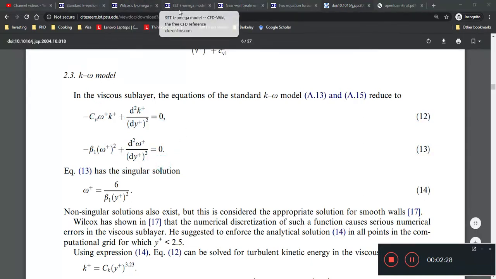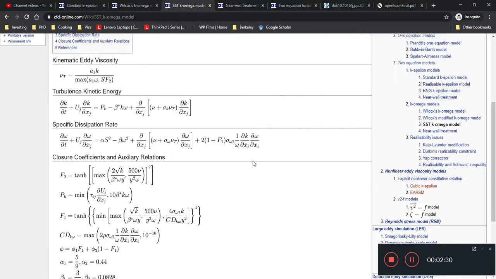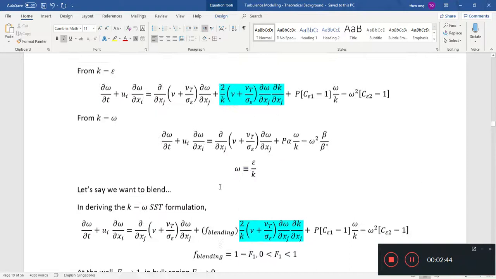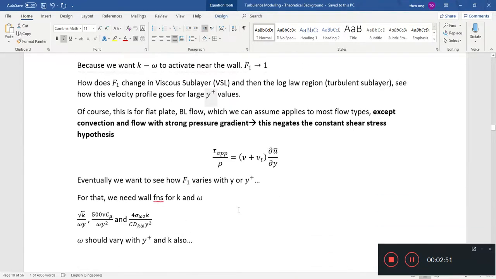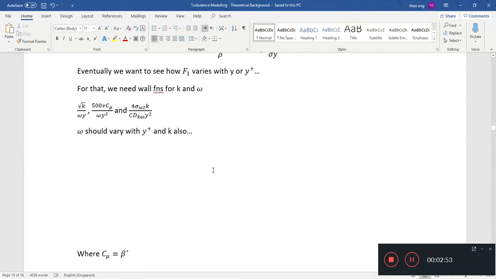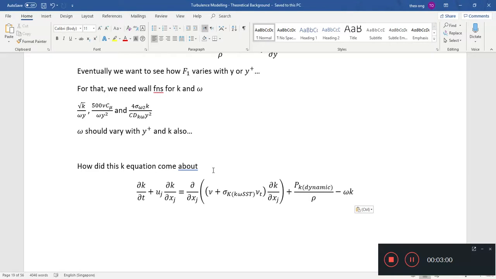So let's take a look at the kOmega model, or kOmegaSST. Over here will be the turbulent kinetic energy equations. So we have this k equation, which I just copy and paste from what we had last time. How did this k equation come about? So we have this, then we start